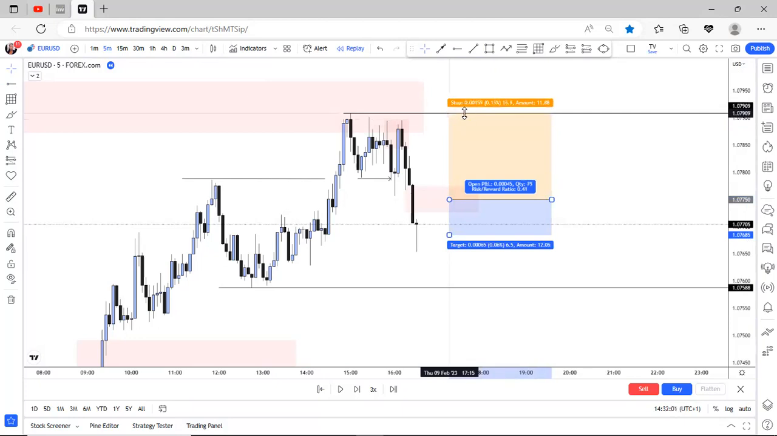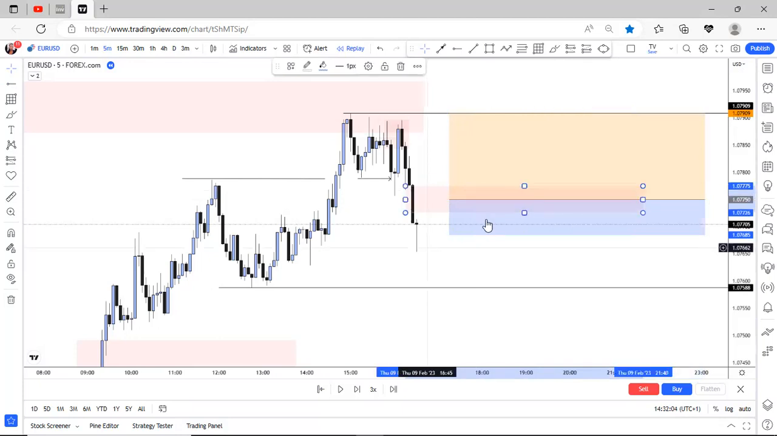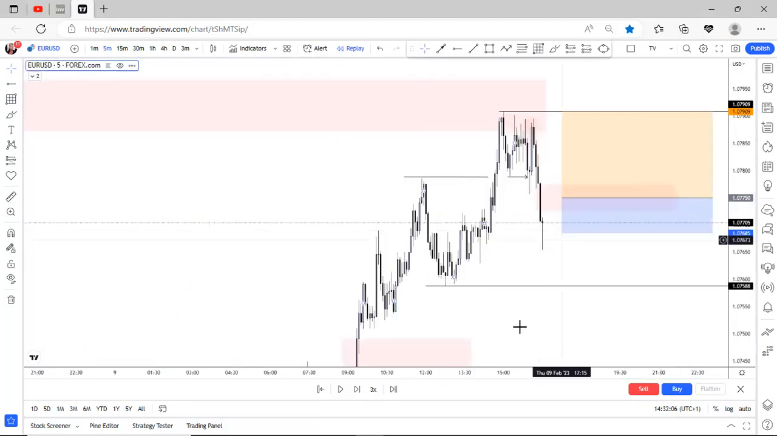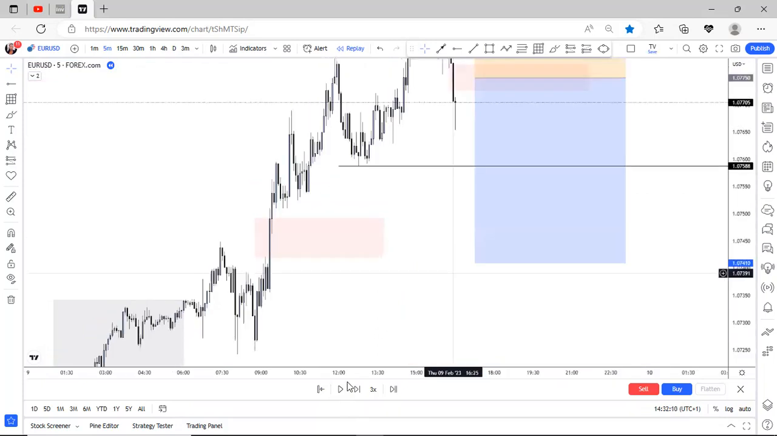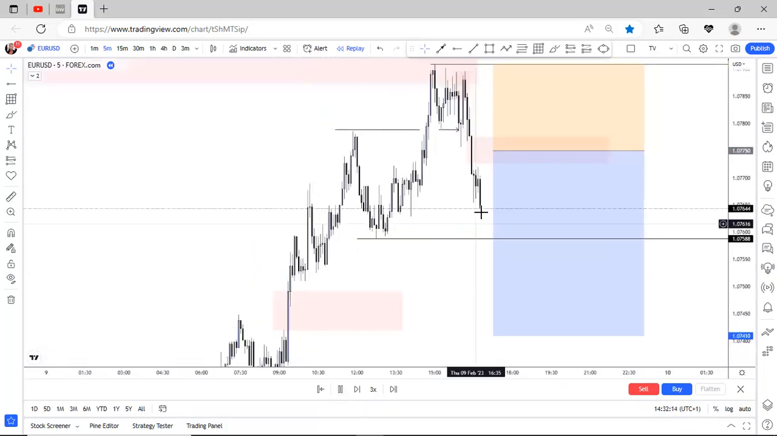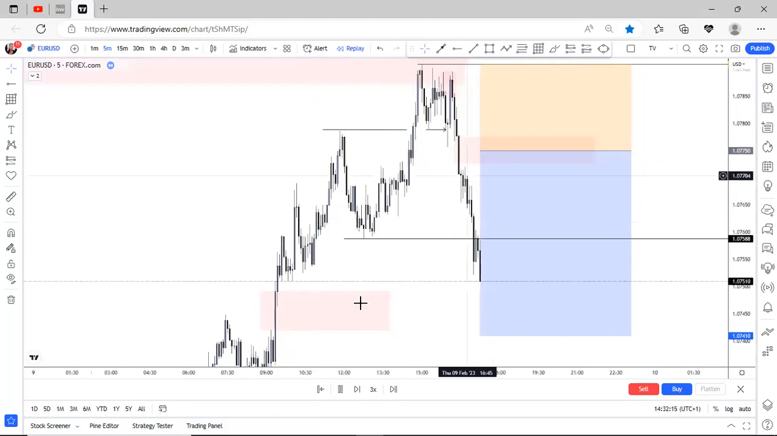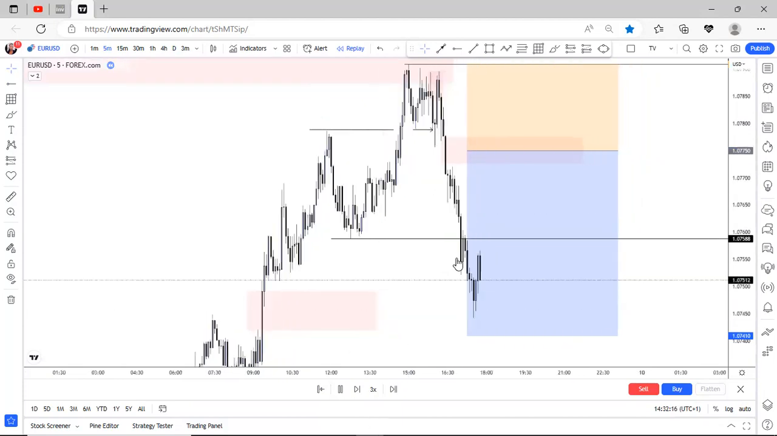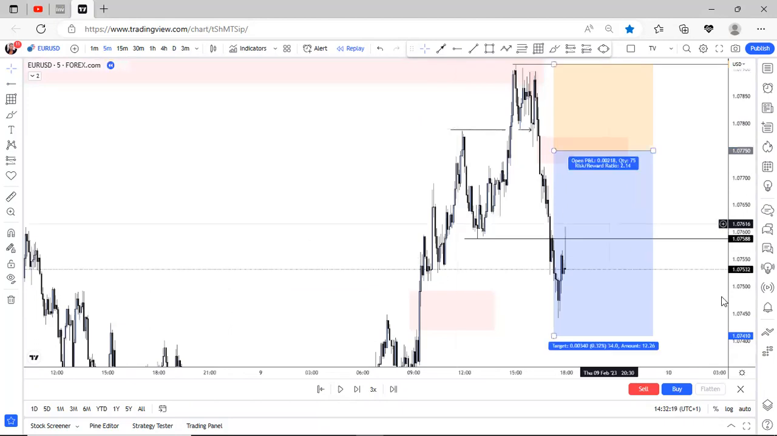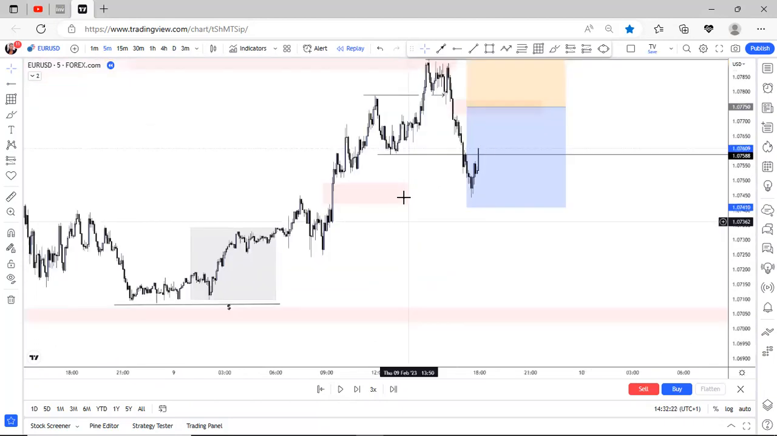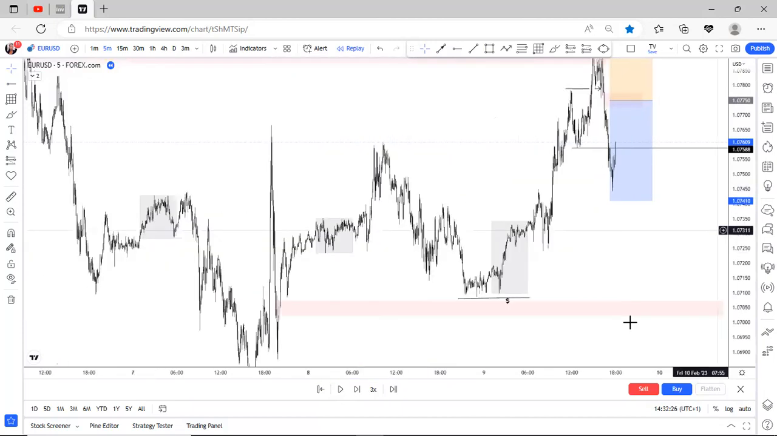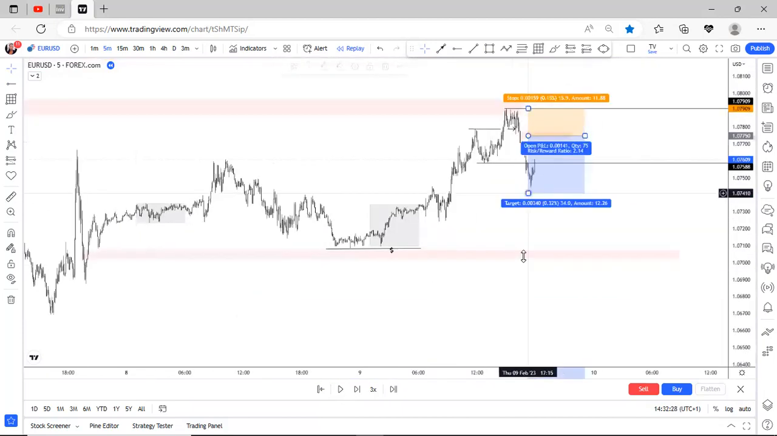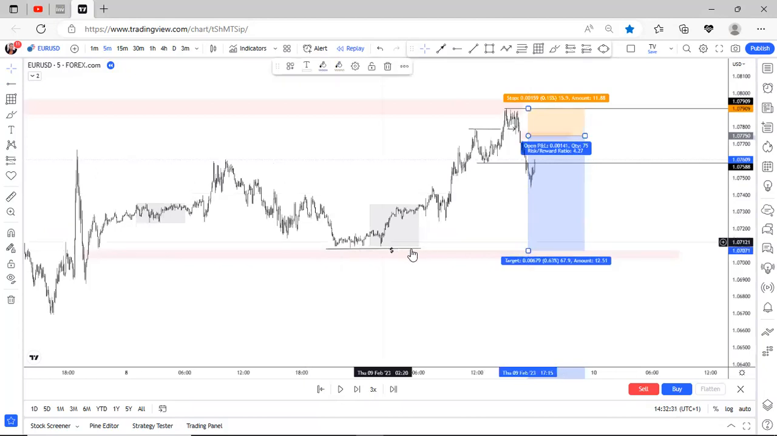If possible, you can have it at the extended high right there, but price never came back. Price just went and hit take profit right there. So you see, price never came back, and take profit was hit. So I was just able to scalp. But for a long term take profit, this is where you should be looking to take profit,